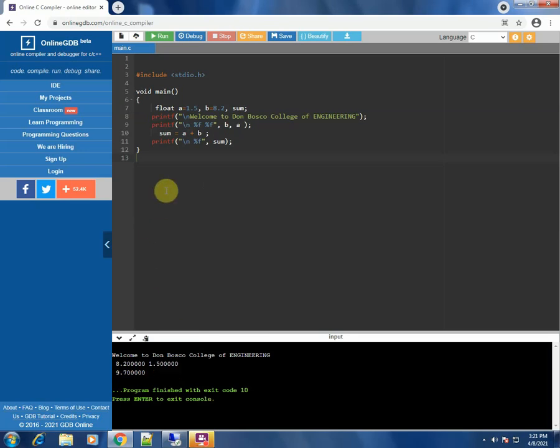So this is a simple C program, doing simple tasks using the online compiler. The further things let's learn in the next class. We'll do more operations, more bigger equations, and we'll look into the more programming concepts in the further classes.